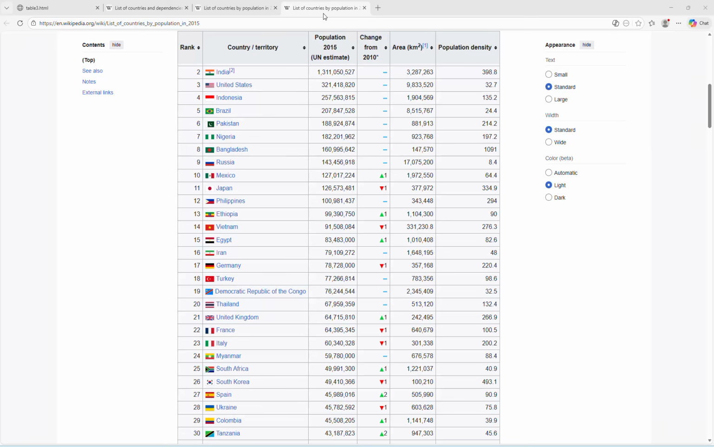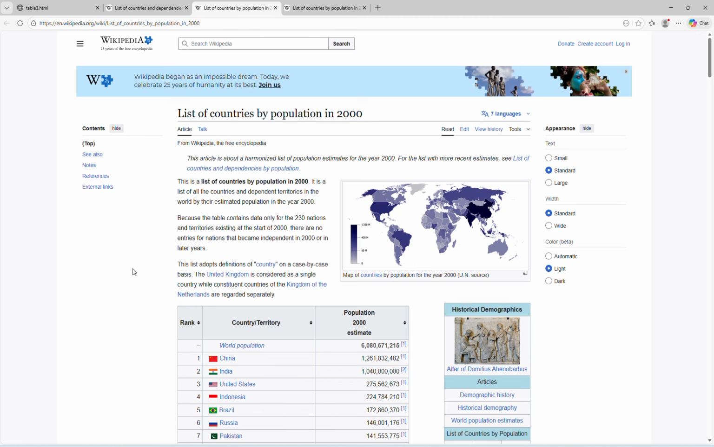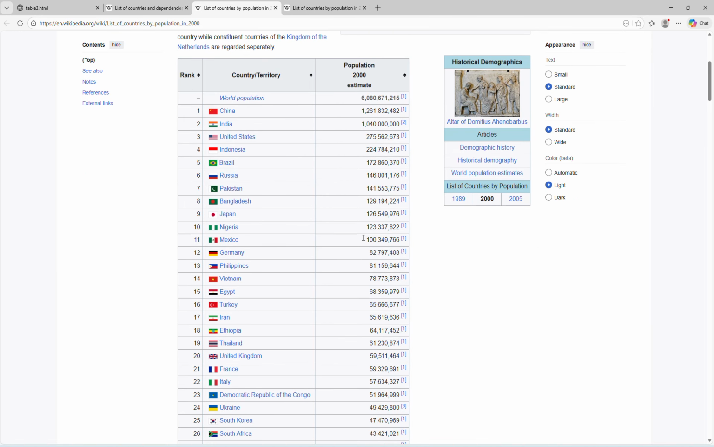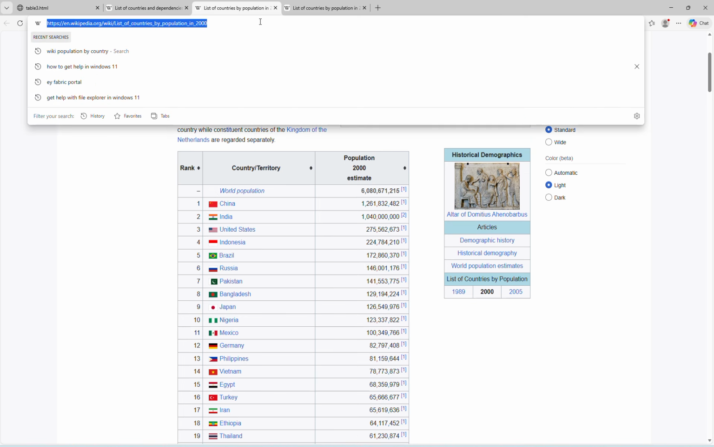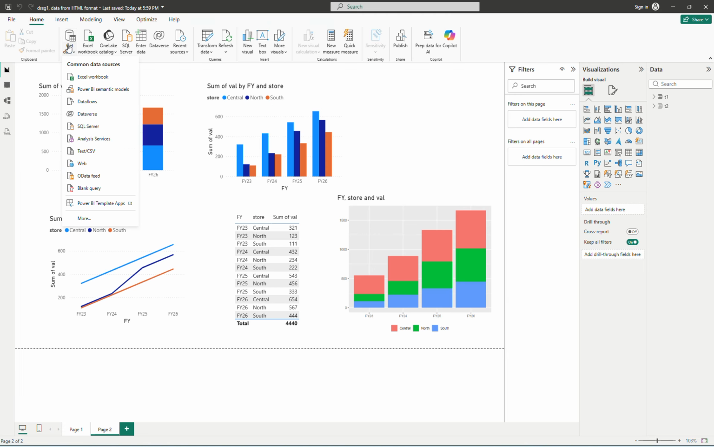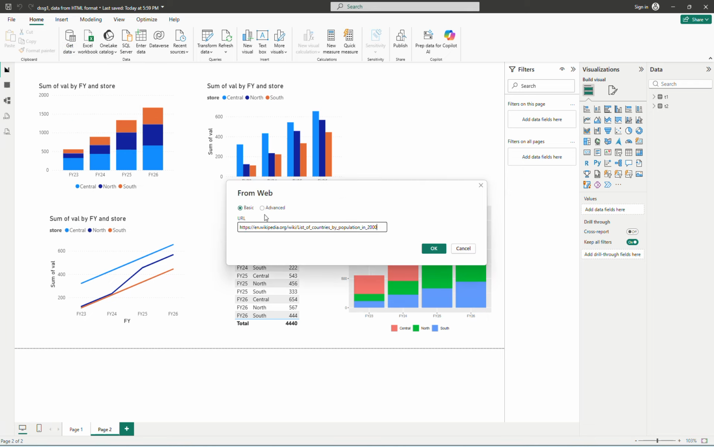Okay, hi guys. So we will talk about the real application on the HTML format. Assuming that I have the Wikipedia table here, which is the population by country, and I want to use this table in my Power BI. So I just copy the link here, and then I go to my Power BI, and I go through the same process, which is to get the data from the web, and then I just copy the URL from here, and then I just